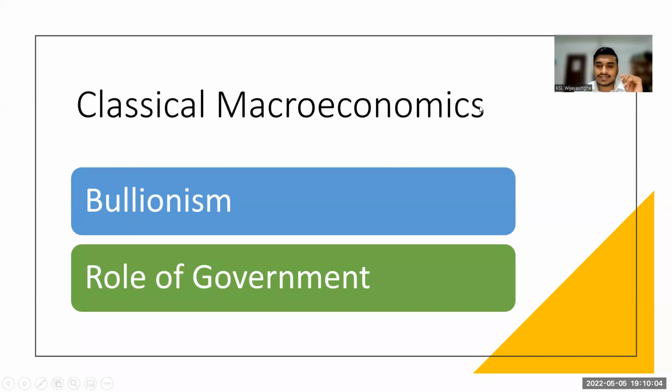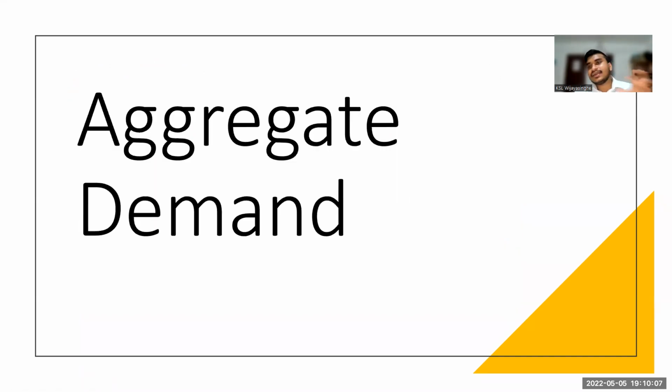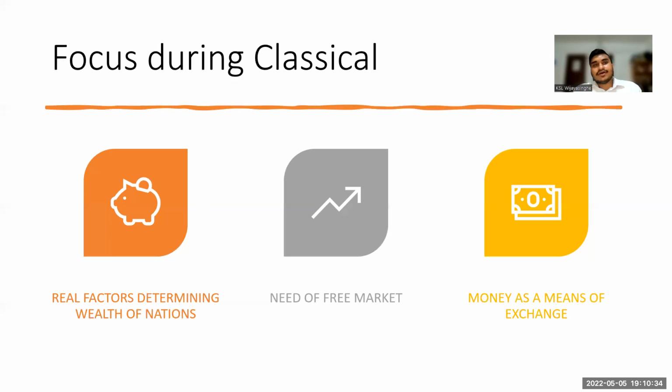If we go to the next slide. So aggregate demand. Basically, those days the classical model economists were trying to determine aggregate demand. So basically from the demand for the outputs, inflation and unemployment also was considered. So in depth we will start learning about it in the future weeks. And during this classical model, the main focuses were,